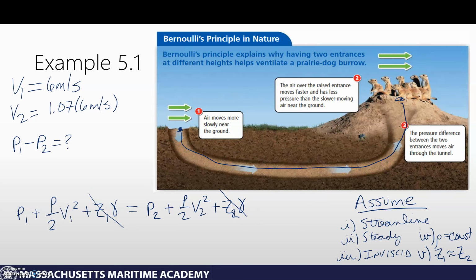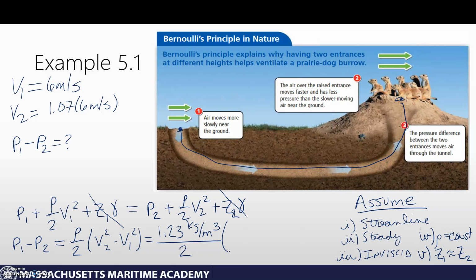And so then I can rearrange this equation, pressure 1 minus pressure 2, get the pressures all on one side, and then we'll get the velocities all on the other. So rho over 2 times V2 squared minus V1 squared. And at this point, we just plug in the numbers. So we have to look up the density of air, typical density of air at standard temperature and pressure is 1.23 kilograms per cubic meter. We can go look that up in our book. And then we're going to multiply that by V2 squared. So 1.07 times 6 meters per second